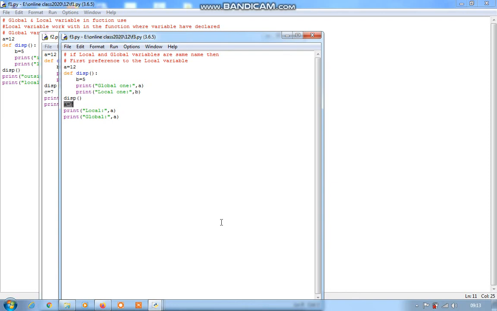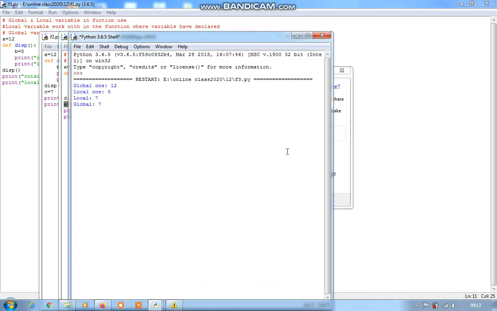So this will be as per the part of the program. You can check this output. This output will be the local one, that is 5 and 7, and global is again 7. Why?